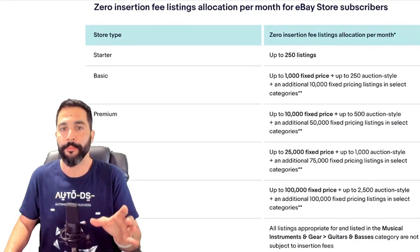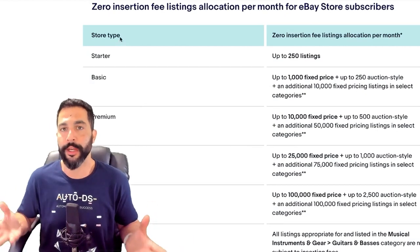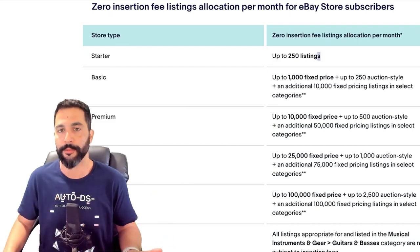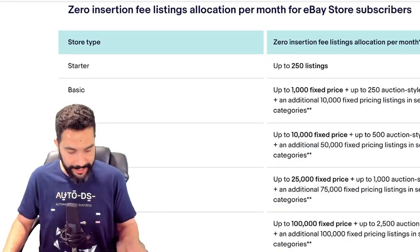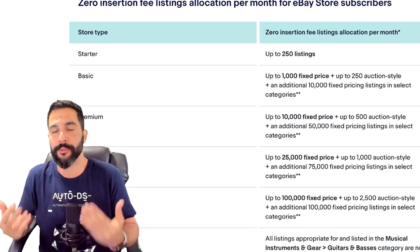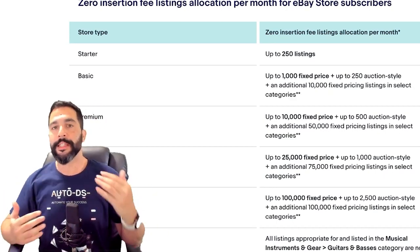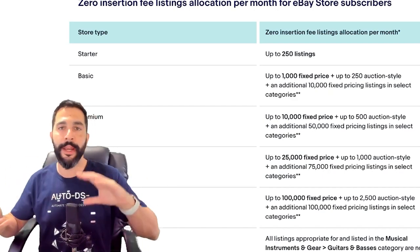Let's take a look right here. You have the starter store, which is what you're starting off with as soon as you create a seller account, or as soon as you create an account on eBay and start listing items for sale. So you're going to get up to 150 free listings from eBay. That means that until you want to pass 250 listings and list more, only then will you have to pay for a store subscription or insertion fees if you don't have a store subscription. So again, this gives you 250 items to test around, and you can always remove them and add new ones,